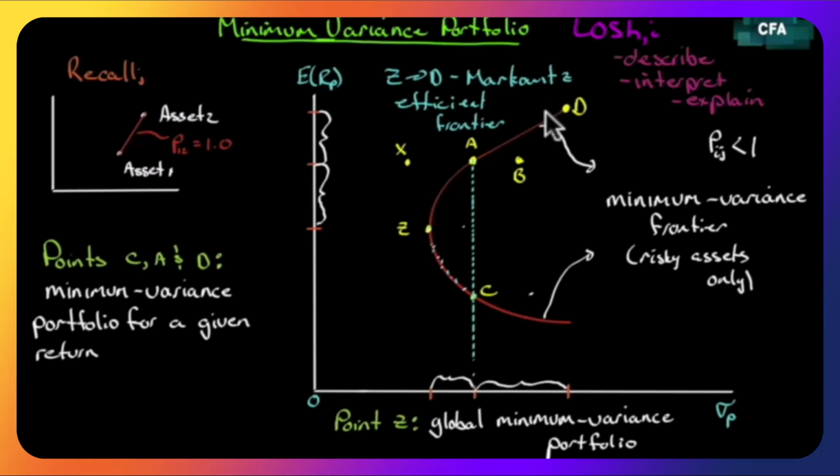So let's keep in mind the names that we have. The pathway we take to move from C to D offers us minimum variance. That pathway is called the minimum variance frontier. Where we hit the lowest variance possible, that is called the global minimum variance portfolio. And the part of the minimum variance frontier from the global minimum on up is called the Markowitz efficient frontier. So you have the minimum variance frontier, the global minimum, and the efficient frontier.